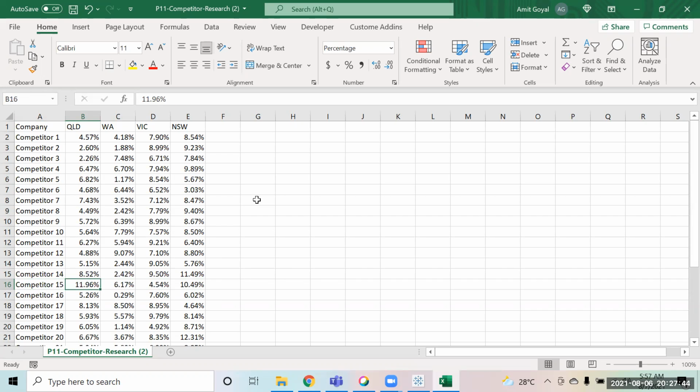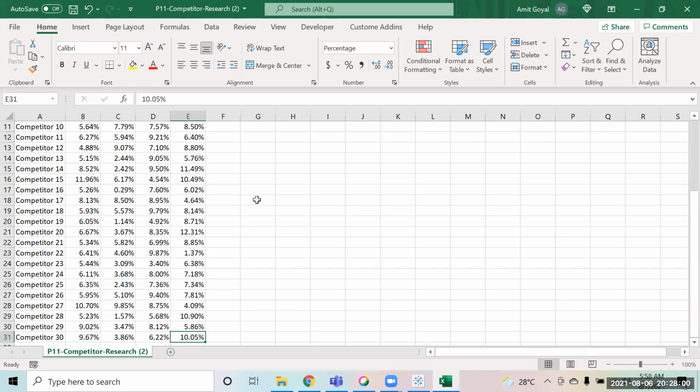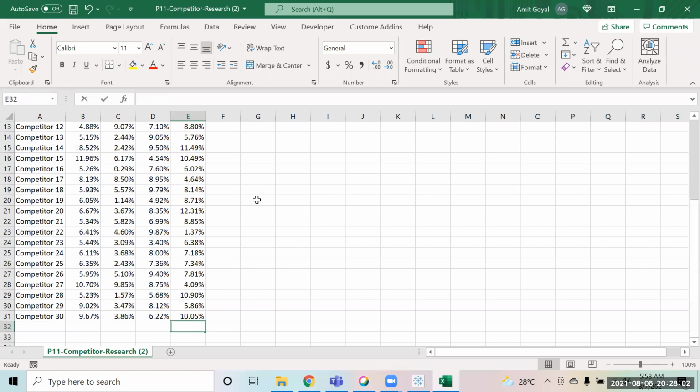So maybe we can find a mid position, where everybody on average is making a sustainable profit, I would say. So can I say I can find the average of them?